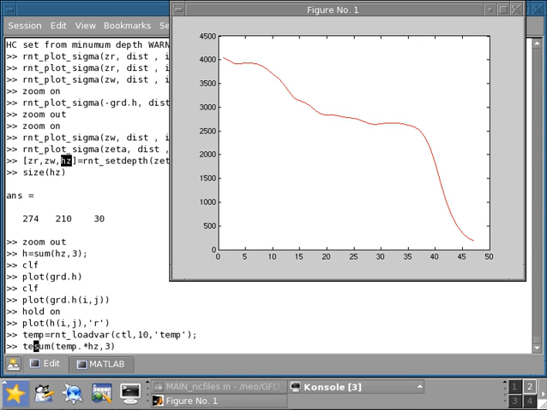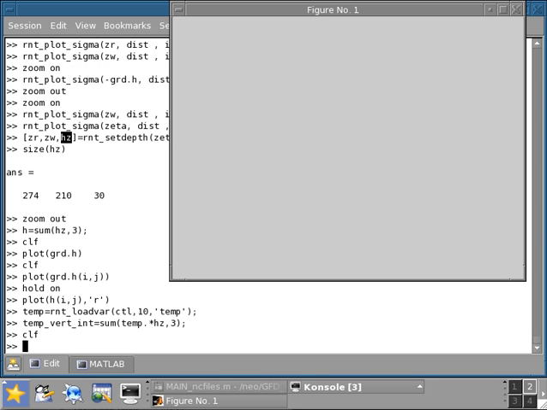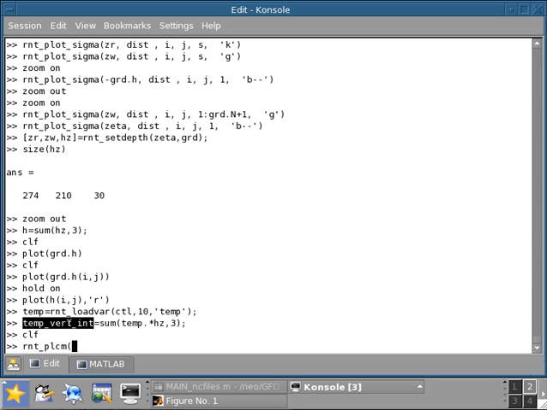This is temp vertical integral equals this thing here. So this is an easy way now to compute the vertical integral of a quantity, and I can plot that, PLCM of this vertical integral,